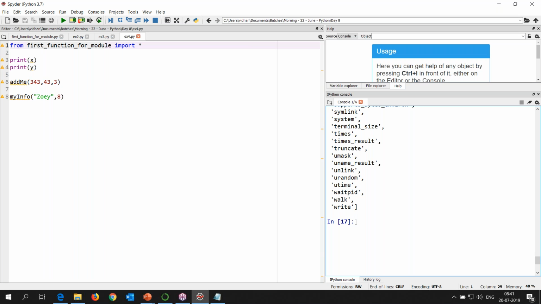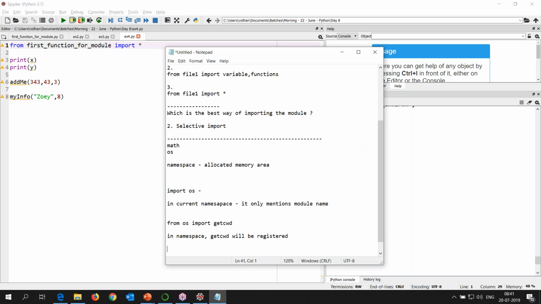Okay, so guys, always avoid importing everything unless you have two or three or four or max 10 things inside your module. Otherwise, you should use selective import, or you should use import file and then file dot, you can call with the dot operator all the things inside that particular module. Got it? So the reason we don't use import everything, if I do from OS import everything,